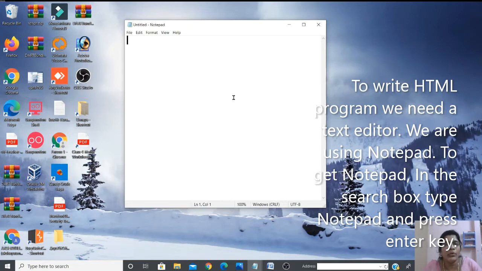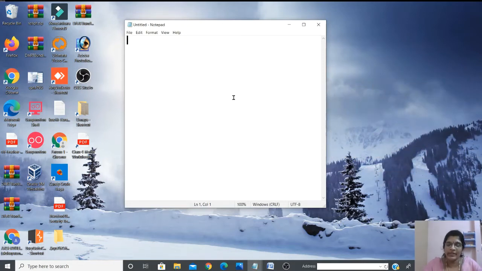So shall we write program for an ordered list? Yes. So you want me to write it in capital letter to make it visible? Okay. I'm starting with HTML tag, then head. And in the heading, I'm going to give a heading as vegetables. And I want to give it as a H1 heading, bigger one.